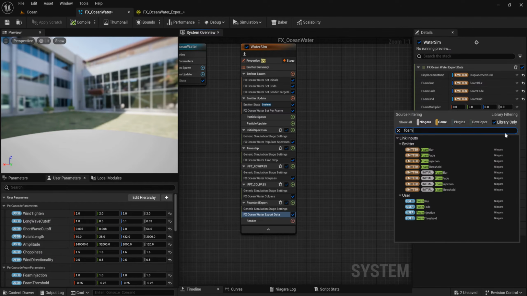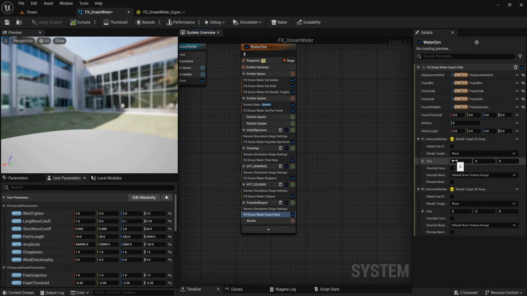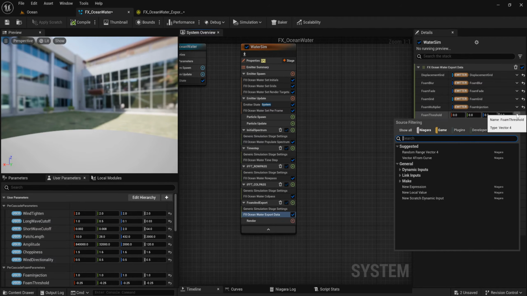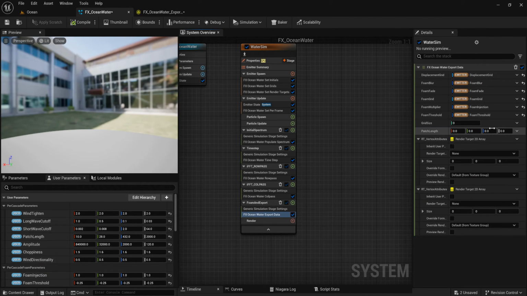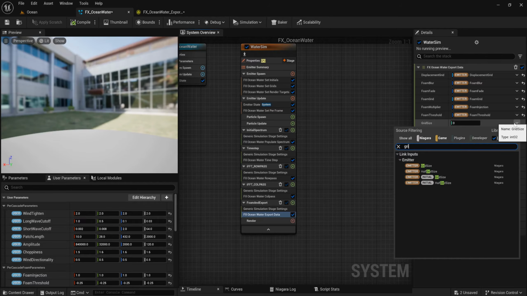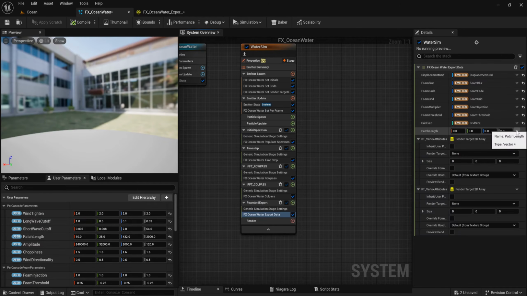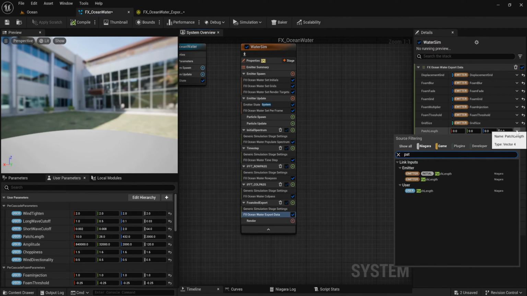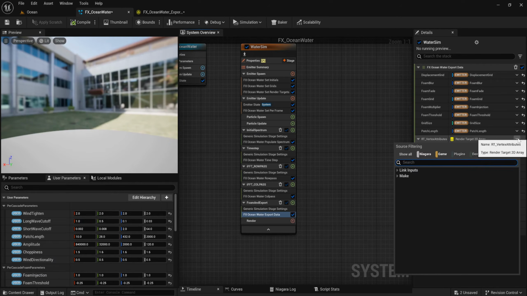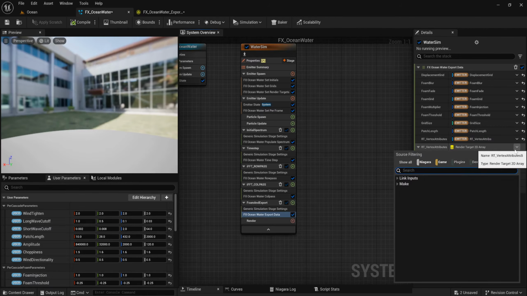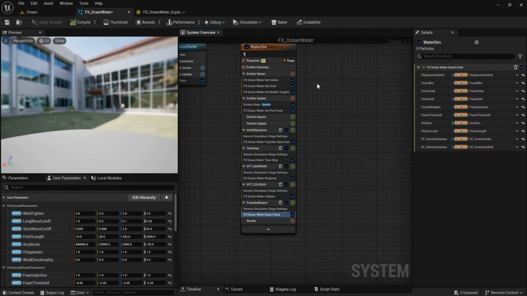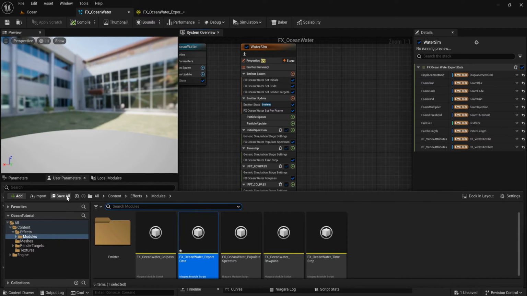foam multiplier is foam injection, foam threshold, grid size, patch length, vertex attribute, vertex attribute B, and we compile and save all of this